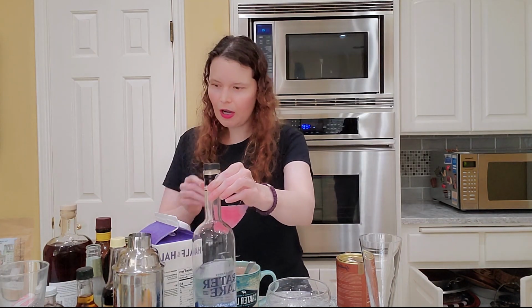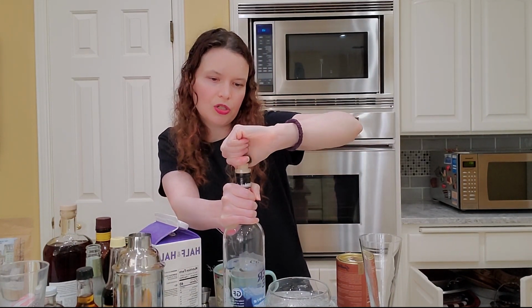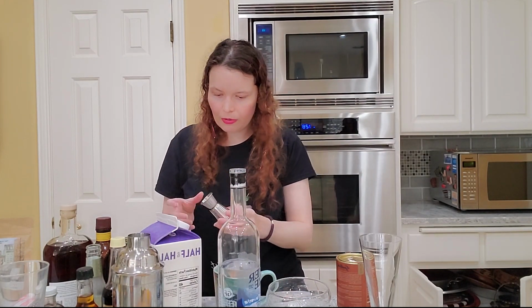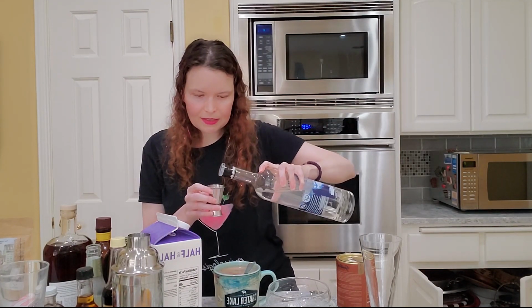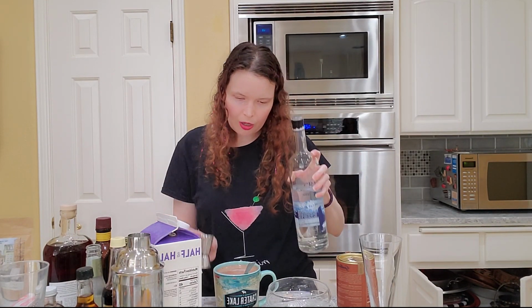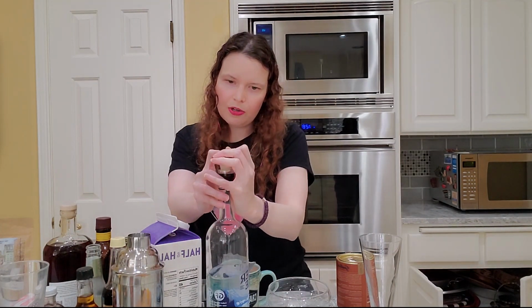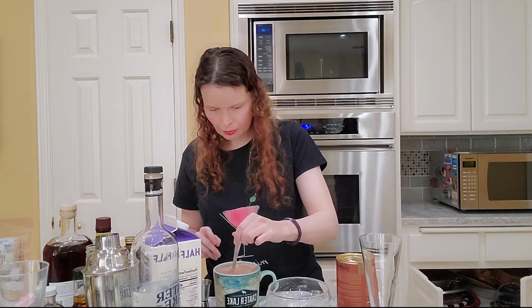And then I'm gonna take the vodka. On my recipe, I have 2 ounces, but you can do 1 ounce, 1.5 ounces to 2 ounces, whatever you want, whatever your preferences are. But honestly, since my mug is kind of full, I'm gonna start with 1 ounce. Okay, so I'm just gonna do 1 ounce because it's already pretty full, and I don't see the need for more. I'm gonna mix that in,